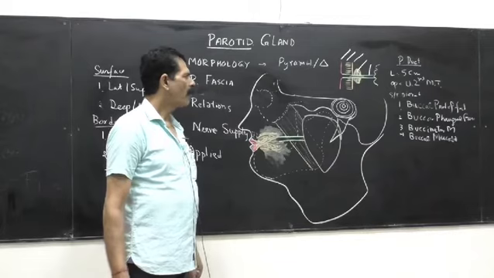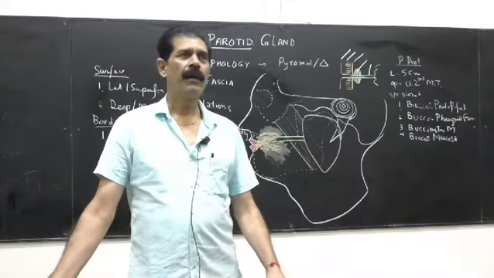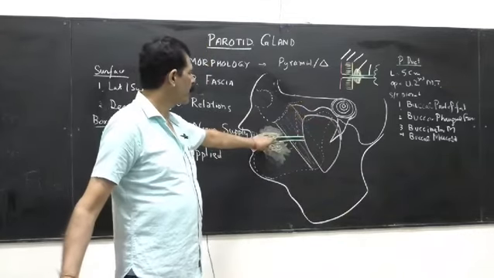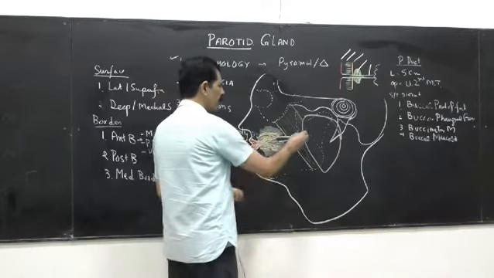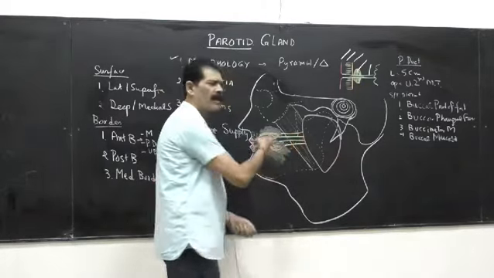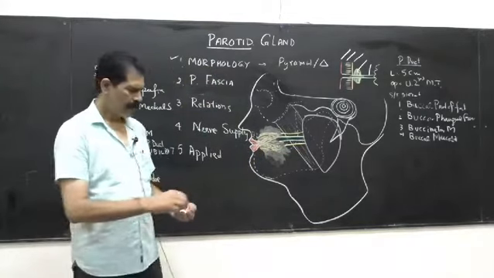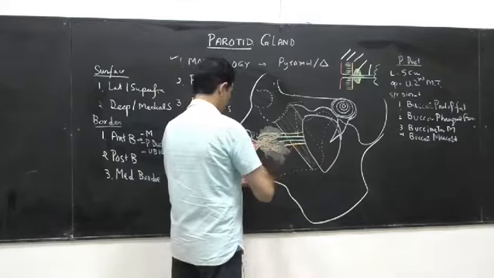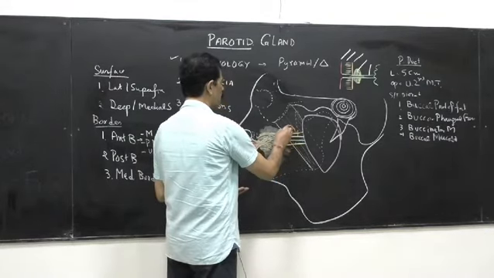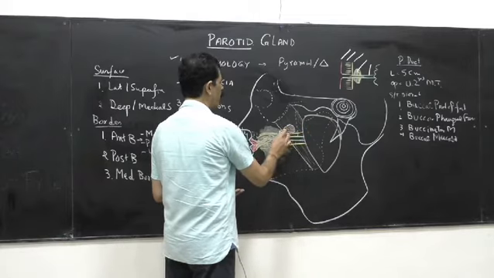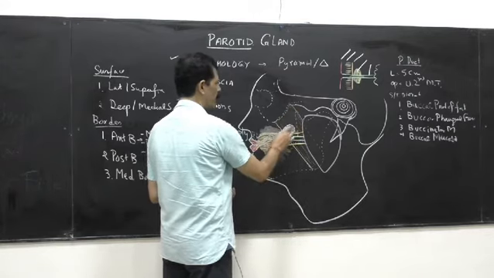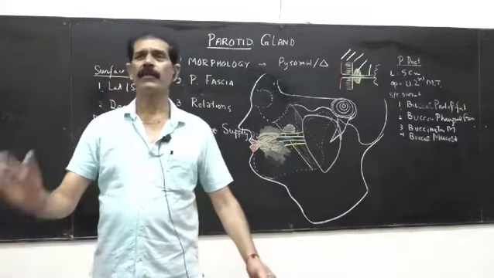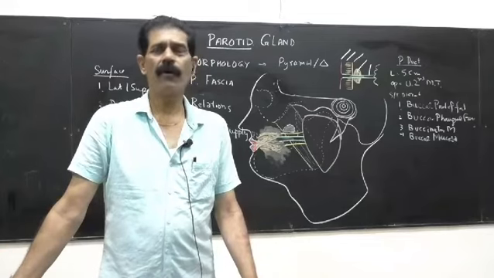Now, what is the applied anatomy of the parotid duct? First, the relations of the parotid duct. It passes over the masseter muscle, and above it what passes? We have done the upper buccal and lower buccal branches of the facial nerve are in relation. And in some people, a pyramidal or triangular shape of additional parotid tissue may be found on the masseter muscle between the zygomatic arch and the parotid duct. Above the parotid duct, a small triangular glandular tissue may be found.